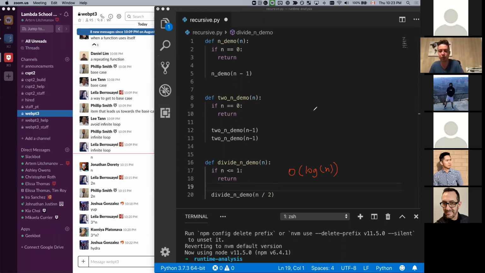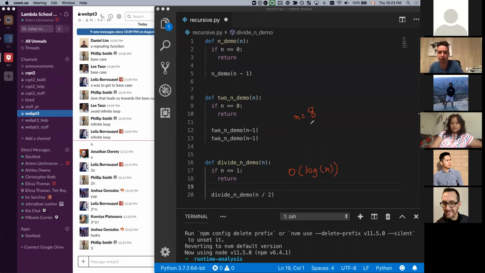So it's kind of like we might start at 8, and then the next time, so let's say n is 8. How many times are we even going to evaluate n or even run this if n is 8? Yeah, I think 3, right? So 8 divided by 2, we'll get to 4. Then we'll divide that by 2. We'll get to 2. We'll divide that by 2. And we'll get 1, and it will be done. So it will be essentially just 3 times that we will run divide and demo, because every time we are